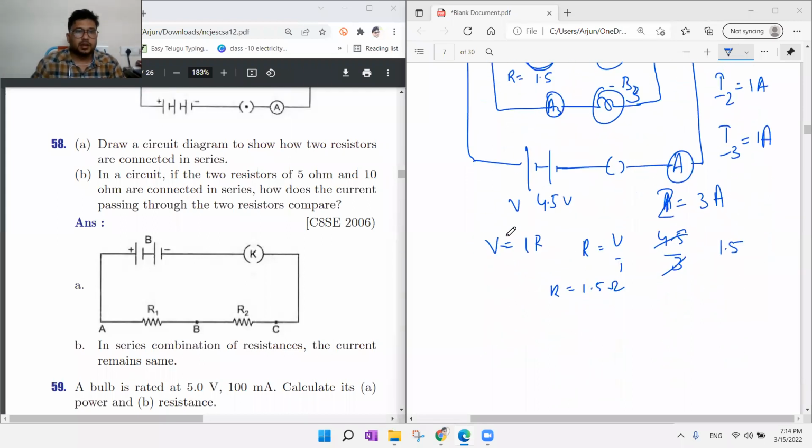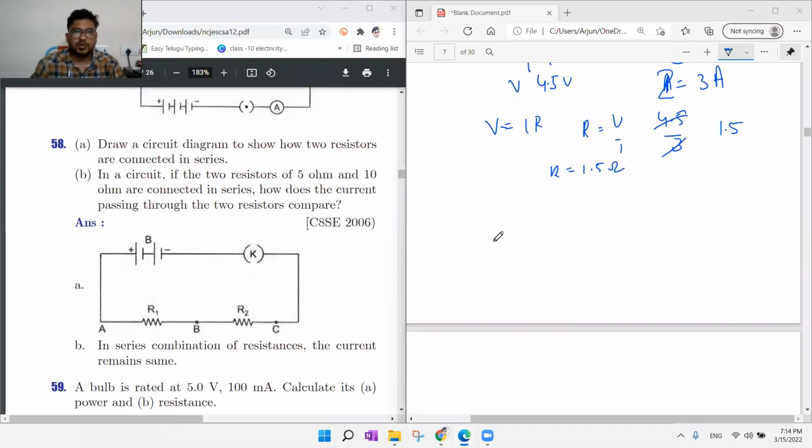58th question. A, draw a circuit diagram to show how two resistors are connected in series. Okay, however we want, we can draw two resistors in series. Like that we can connect. In a circuit, if two resistors 5 ohm and 10 ohm are connected in series, how does the current passing through the two resistors compare? So if this is 5 ohm and this is 10 ohm,